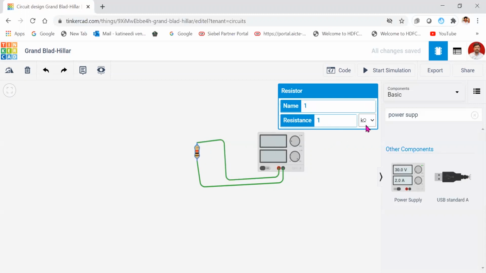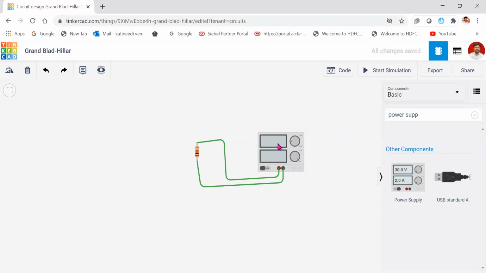For example, I am changing this component value to 2 kilo ohms. Now 5 by 2 kilo ohms, you have to get 2.5 milliamperes. Start simulation. Here we get 2.5 milliamperes. Again, stop simulation.